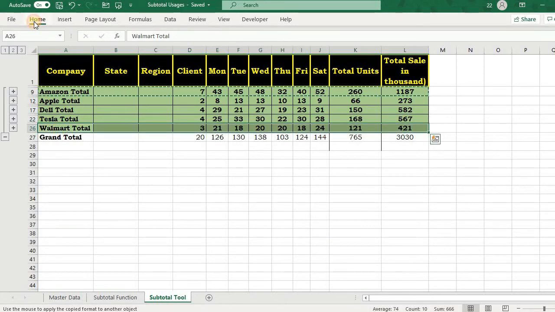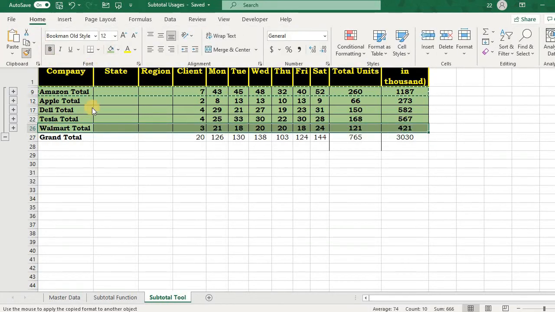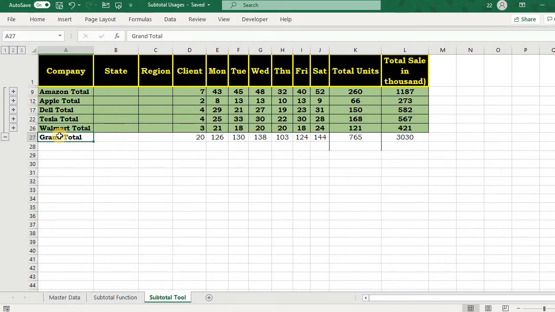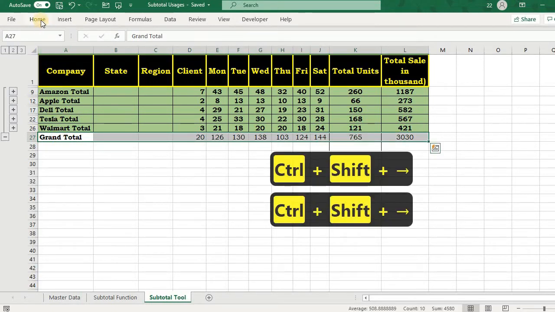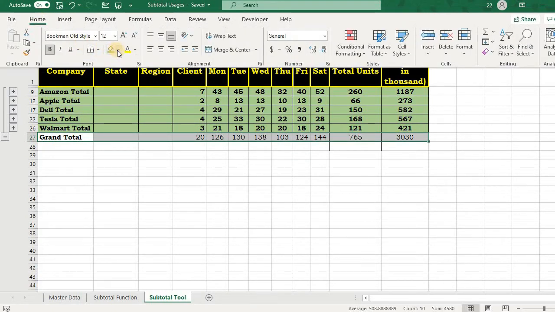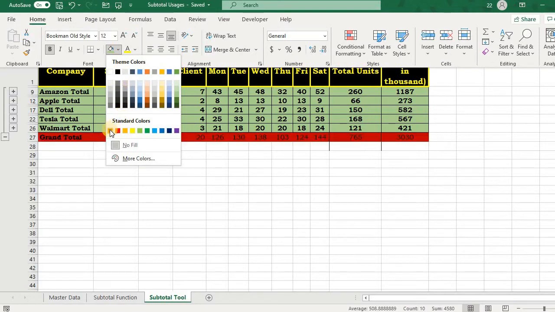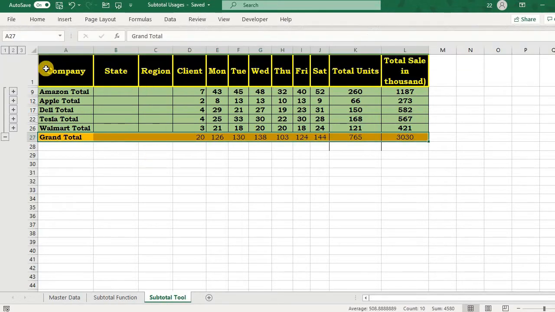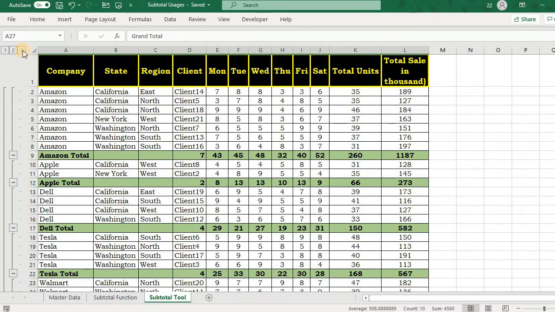And also I will assign a different coloring to this grand total. Let me select it first. Okay, fine. Now if you switch to this third number, this looks more beautiful and interactive.